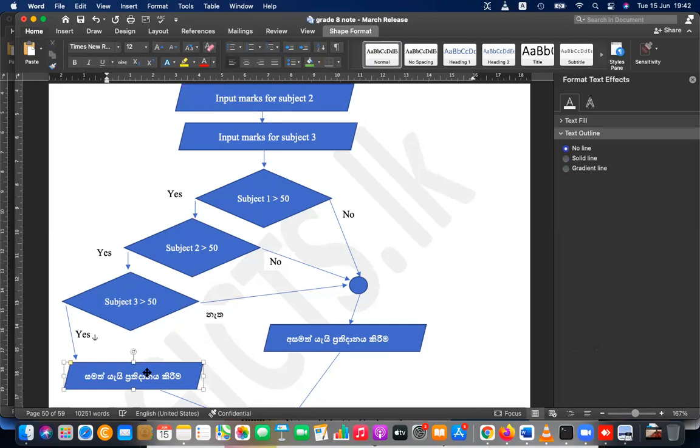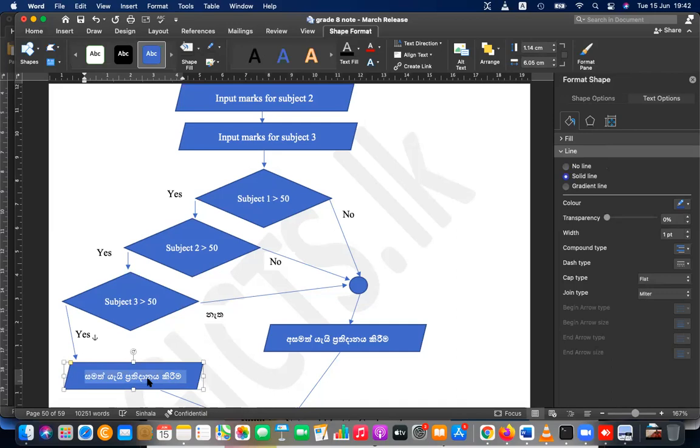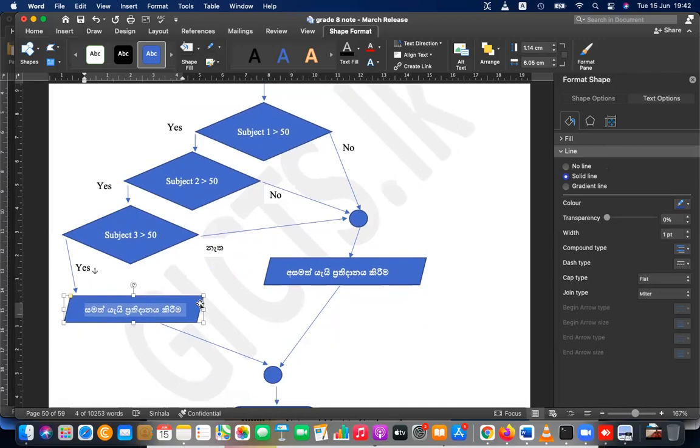Okay, so one more thing: if you are having difficulties in understanding the language, or difficulties in understanding the concept, you can come for the grade 8 Sinhala medium class for free. We are not charging extra. You can also come. So that is a benefit for you. You can learn one lesson 2 times. Then the lesson will be confirmed. Okay, display pass. That is a chance you have, those who are interested can take it. You can come to the Sinhala medium class. We are not charging a separate charge. You can come for free.